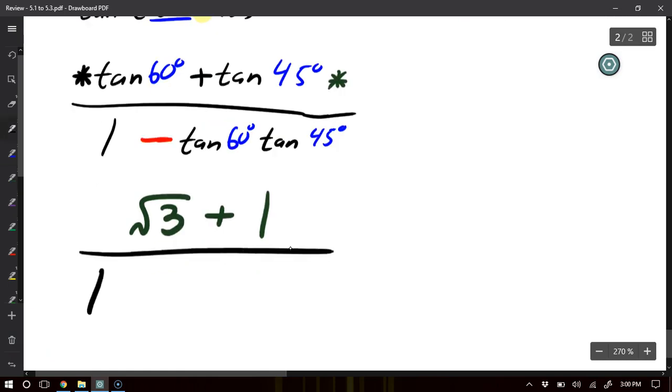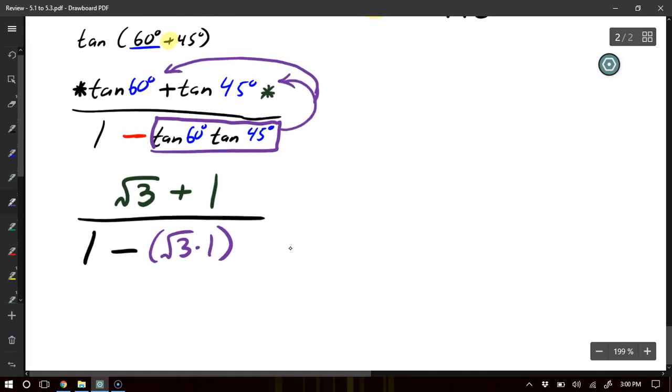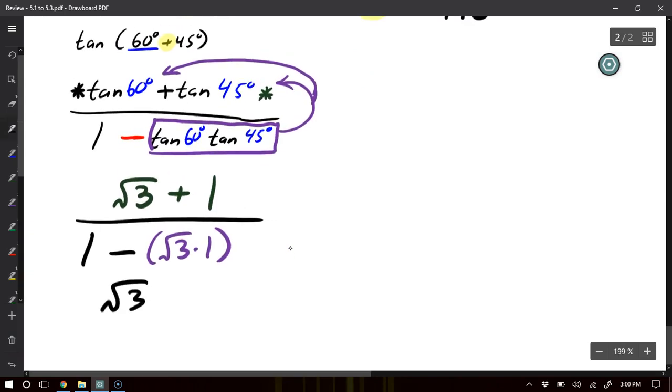Over 1 minus, and I'm going to multiply these two together, which, by the way, are the same numbers as above. The tangent of 60 and the tangent of 45. So really, it's going to be radical 3 times 1. So what do I really have? On top, I have the square root of 3 plus 1, yet on the bottom, I have 1 minus the